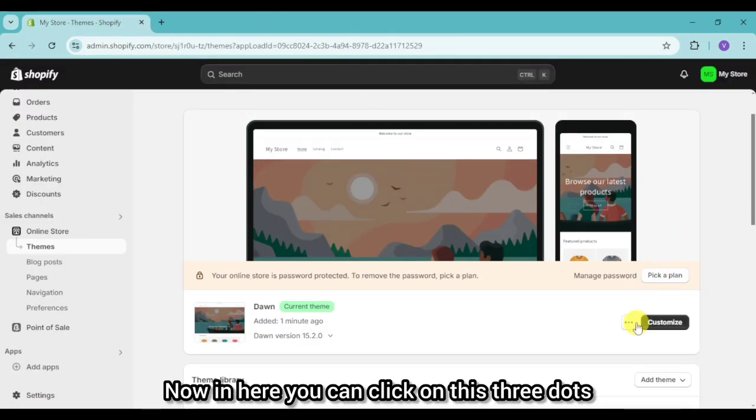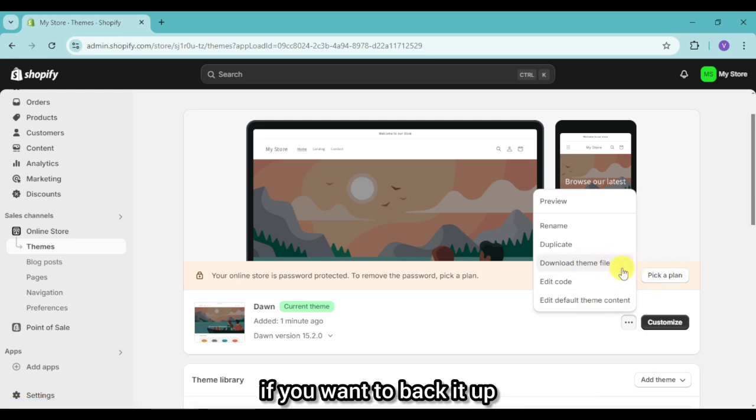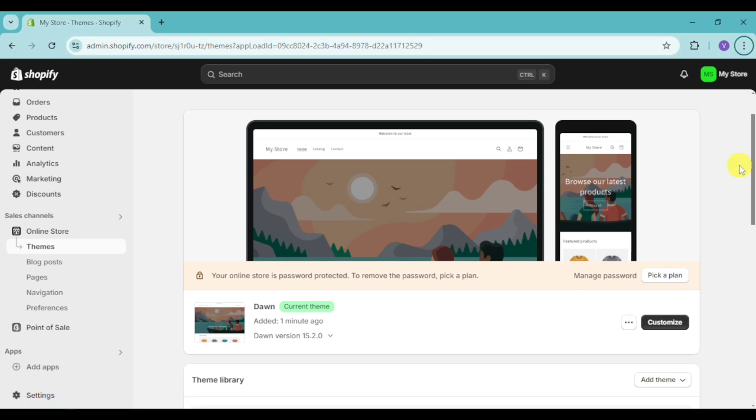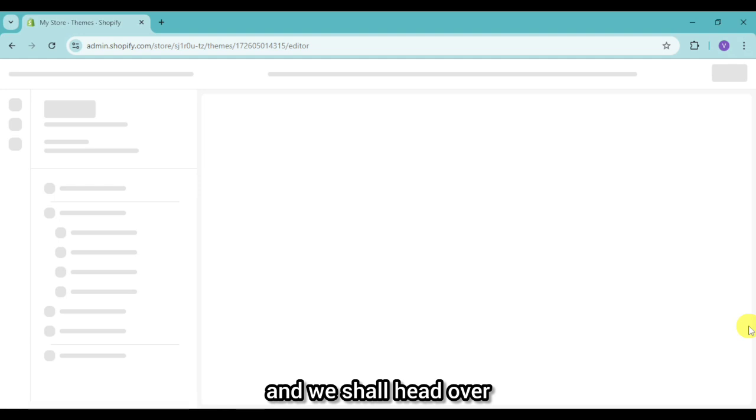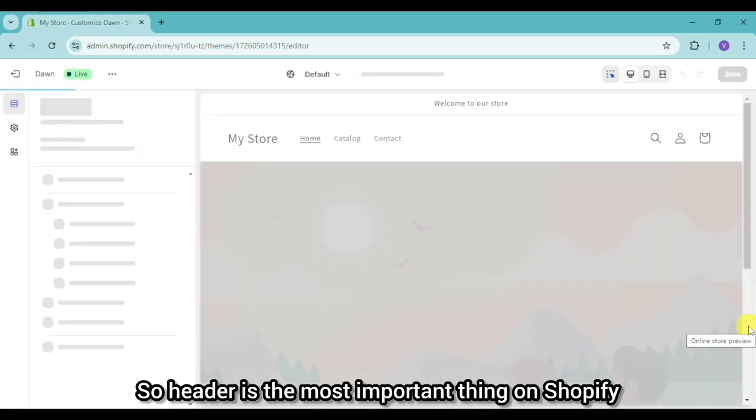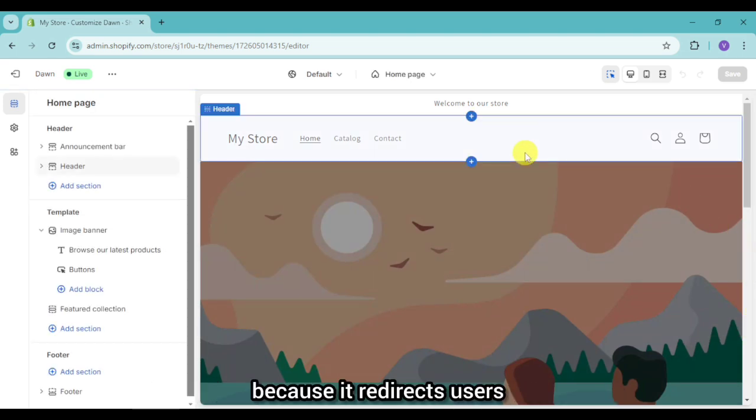Now in here you can click on these three dots and you can also download the theme file if you want to back it up, and you can also edit the code as well as the default theme content. Now that we can access it, just click on this customize option and we shall head over and then customize our header. So header is the most important thing on Shopify because it redirects users or viewers into specific pages